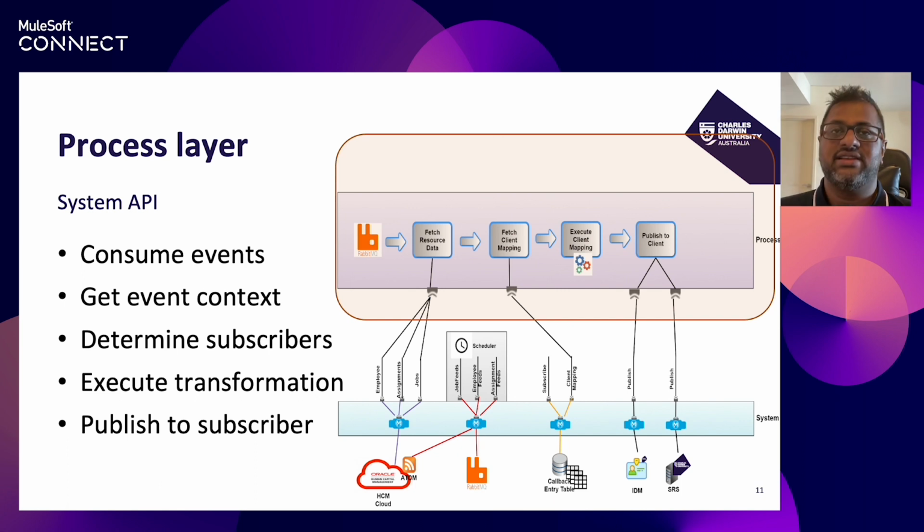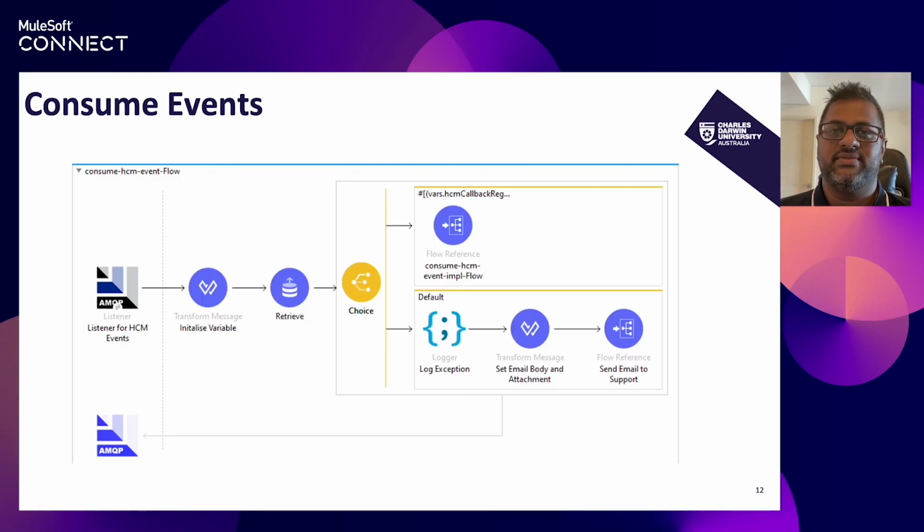And this process is also running on a scheduler once a day to update if there's any new registration data which is available in the callback tables back to the object store cache. This ensures that we have a local cache available within our Mule app and we don't hit the callback tables repeatedly. As soon as an event is generated by the source system, we have a listener configured in our process